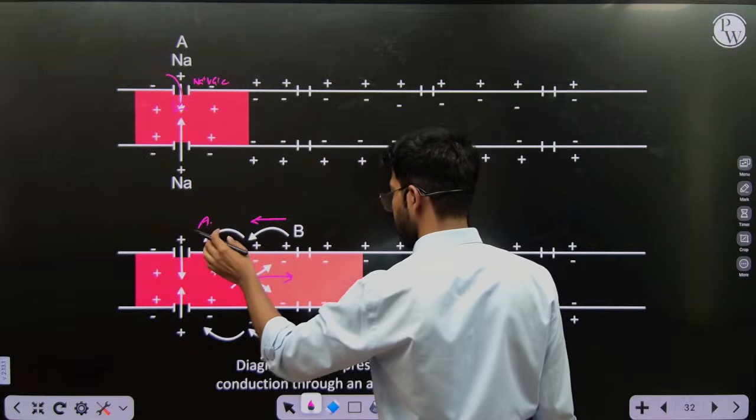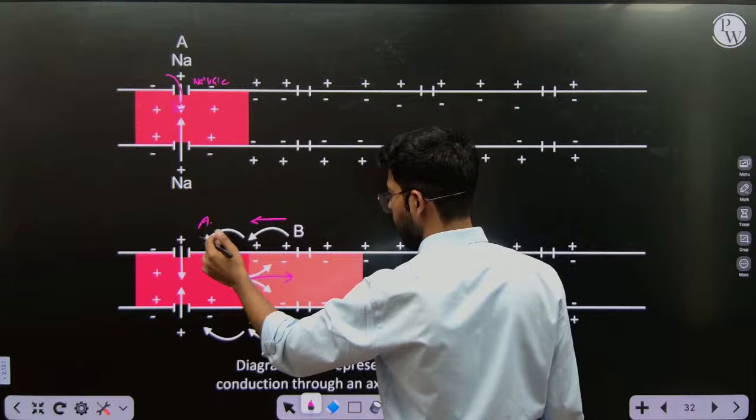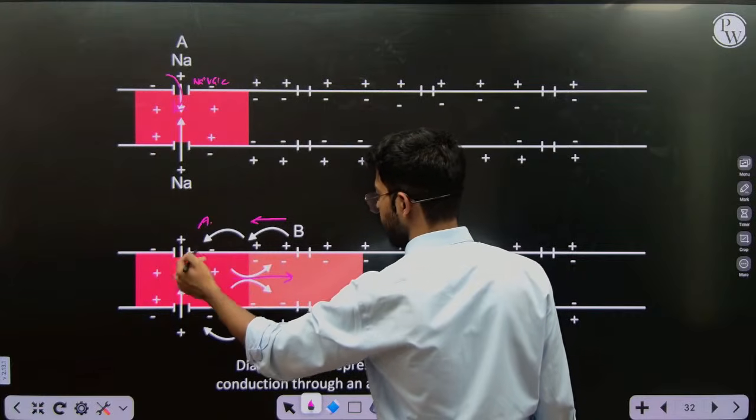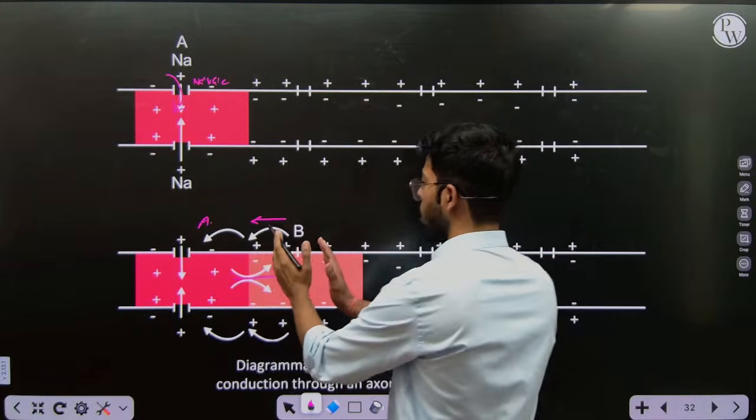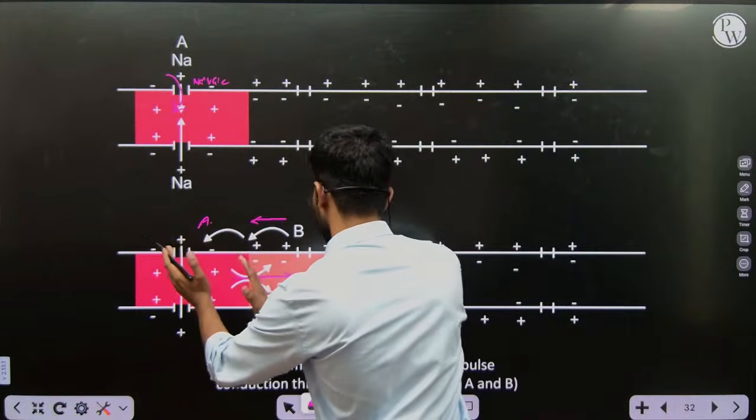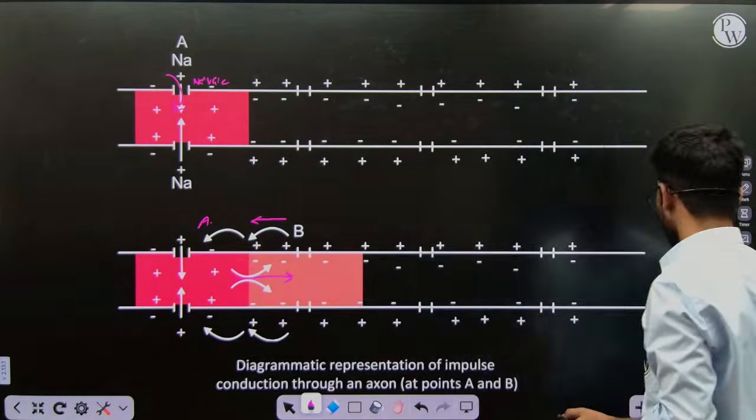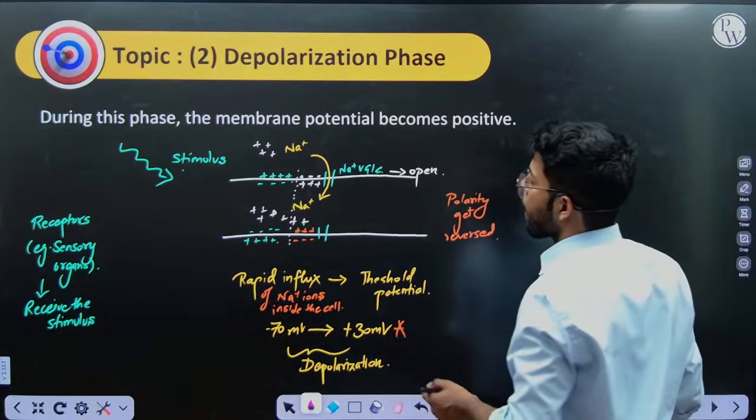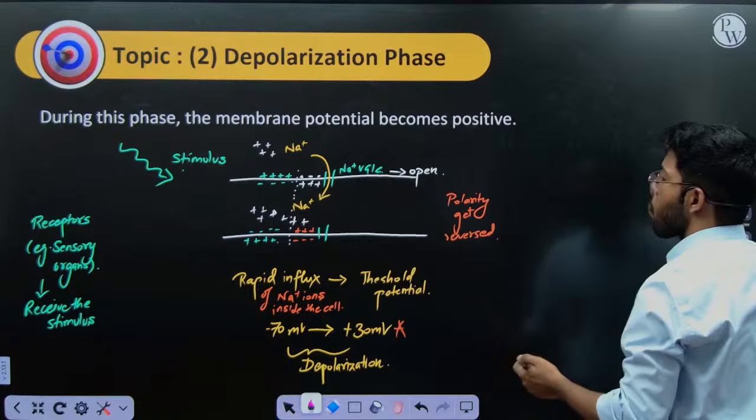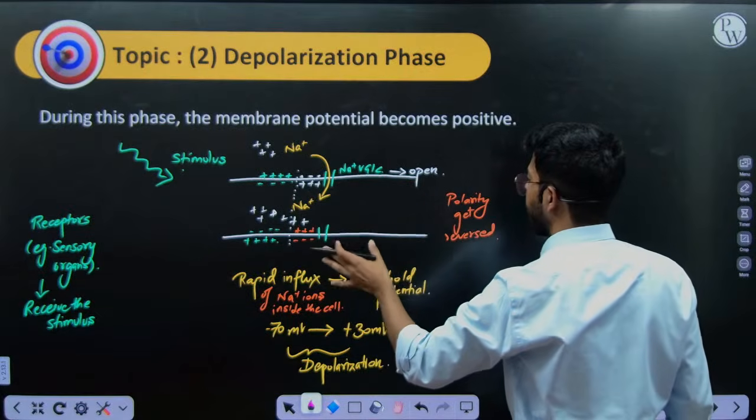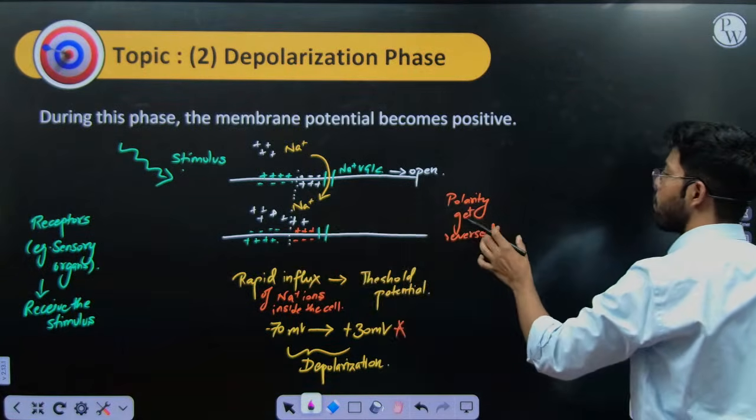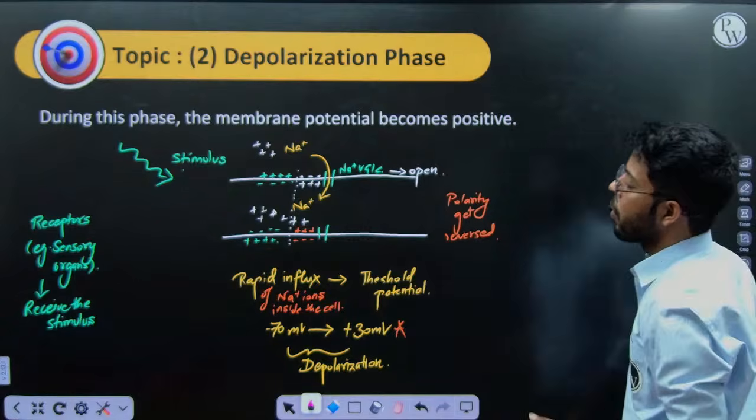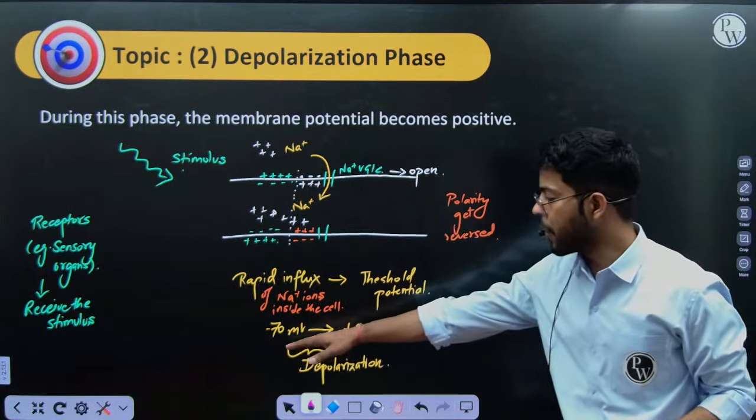the positive will enter, our positive will move from this region to this region. So the polarity of the membrane gets reversed during the depolarization phase, and